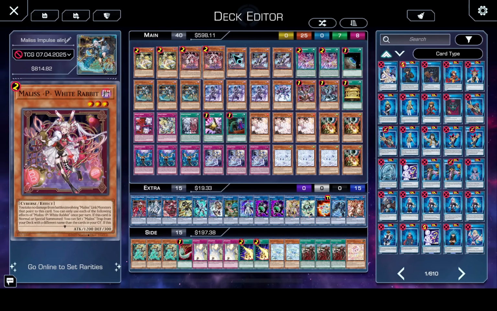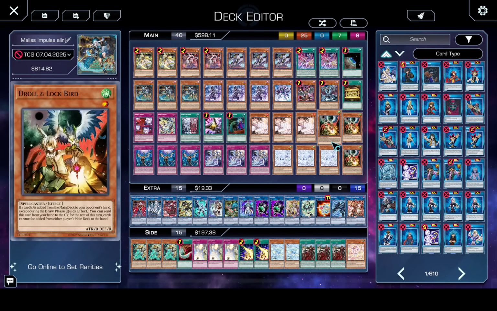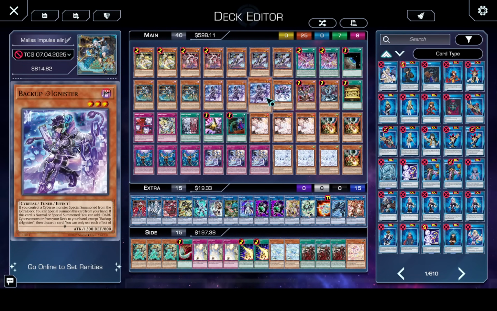Okay guys, so today I'm continuing my series on what makes a deck good, this time for Maliss in Alliance Insight format. I want to show you with 3 different games, 3 different replays, why this deck is so good, why they're so consistently able to achieve their game plan, and what makes them different from other decks that are